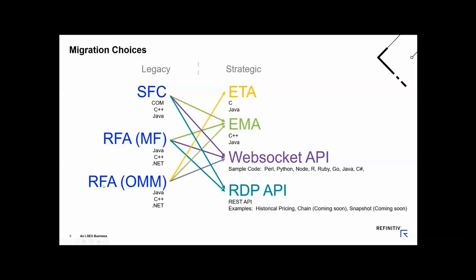Now, if you're looking to move from RFA OMM, many choices again. You can choose our most performant layer with the ETA layer, either directly writing to our Rssl, or as many of our customers do, they choose the reactor layer to write to, because that does offer the value-added features and offers the failover, and soon it will also offer warm standby features. So that's certainly an option.